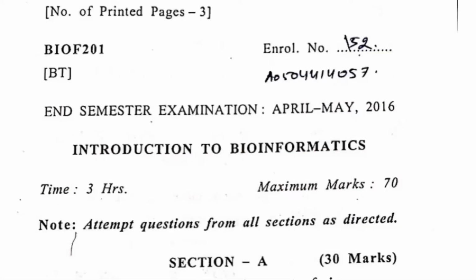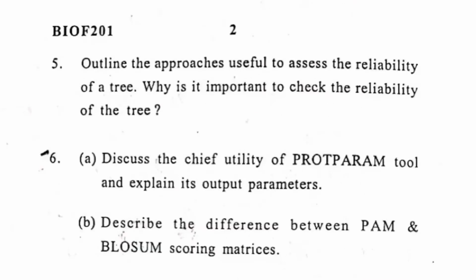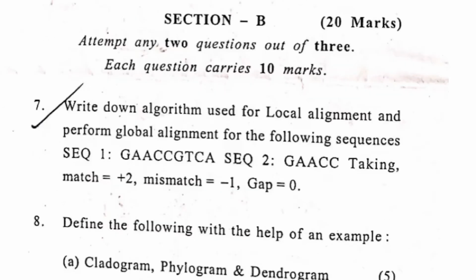In the course bioinformatics, you need to focus on the theory as well. Theory is very important. Not only the numerical part or solving some equation part will come, the theory part is very important. Most of the questions come from the theory part itself. As you can see in this question paper, in section A, the 6 marker questions are all theory based. So that means you have to make your theory strong. Even if you leave the numerical part, you can get a good score if you go through the theory part.